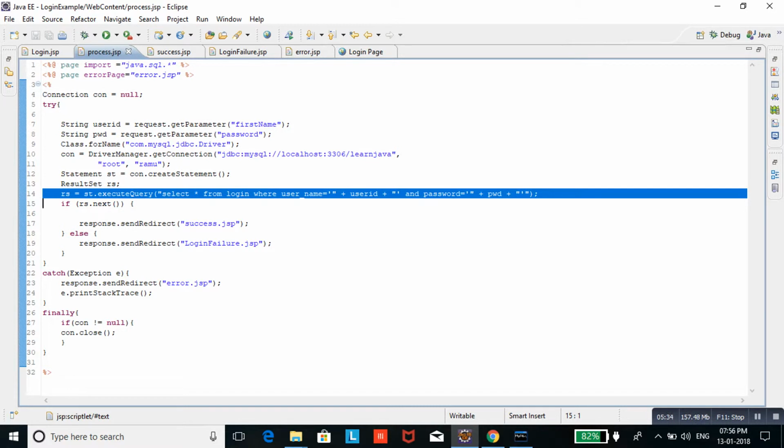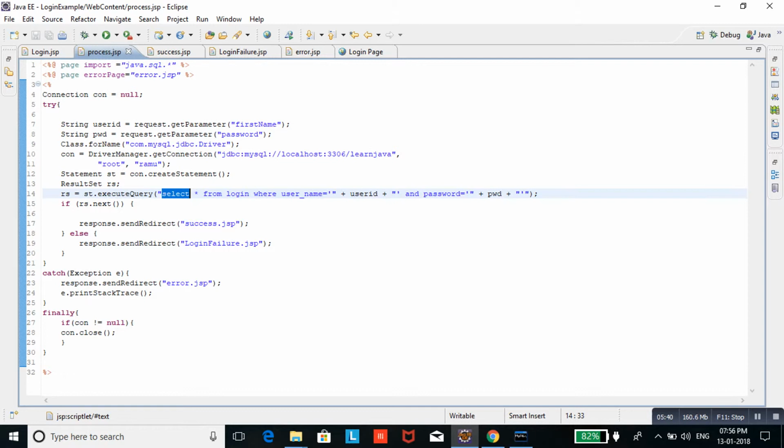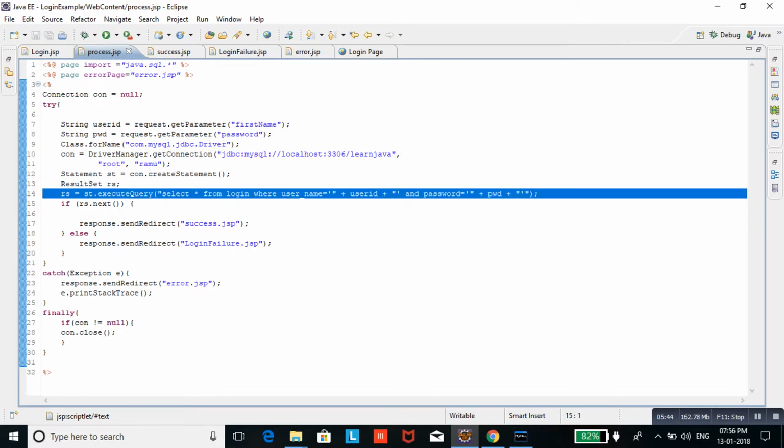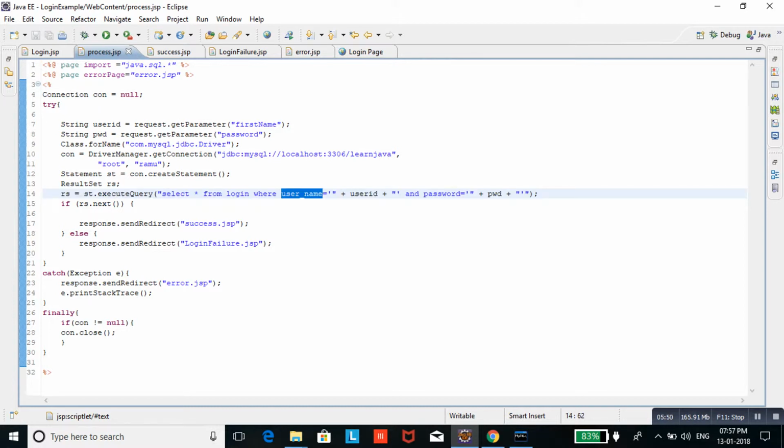So here I am using select star from login where user_name, user ID and password equal to password. Here user_name is a column name and password is the column name. So here I am passing user ID and password dynamically in this query. Once this query returns the result, then I am returning the rs.next and as a response I am redirecting